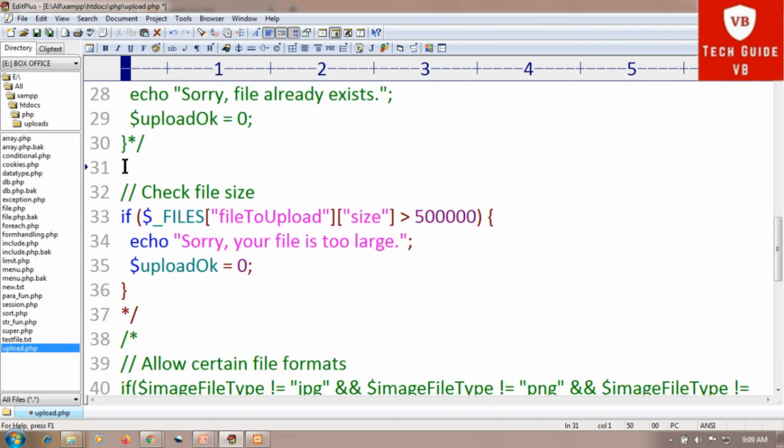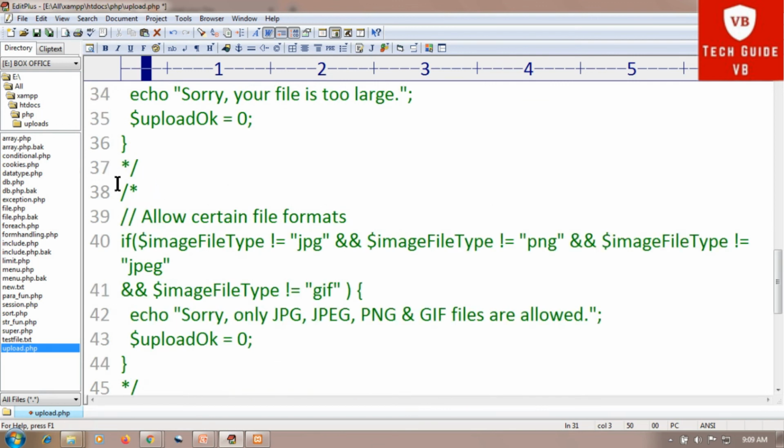Then the next important thing here is we can allow certain file types, that is, limit the file type. For that, the code is here. The code below only allows users to upload JPG, PNG and GIF files. All other file types give an error message before setting $uploadOk to 0 here.